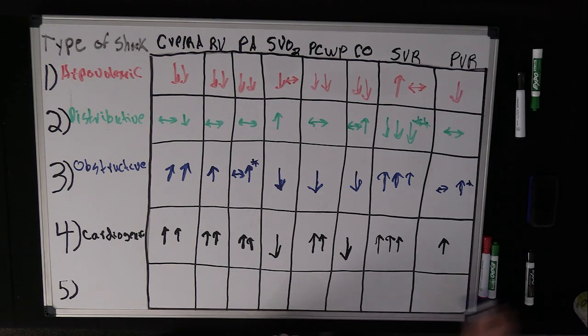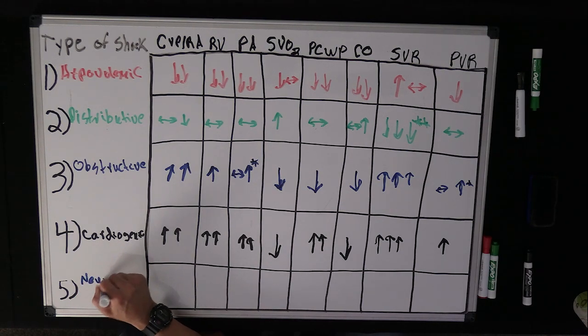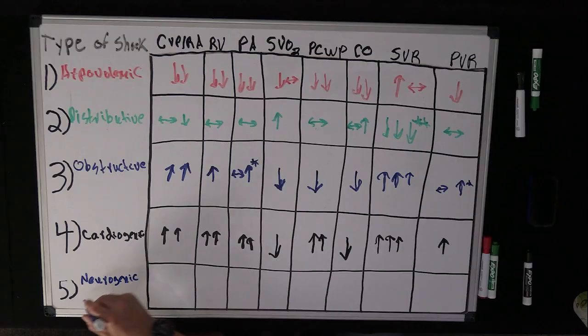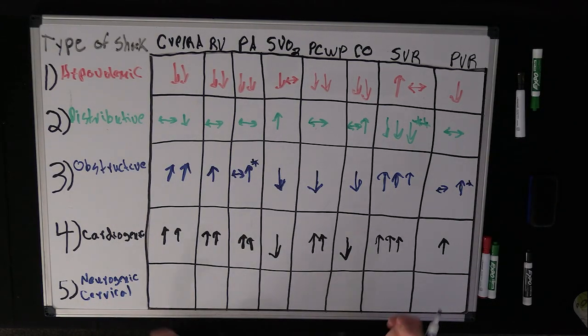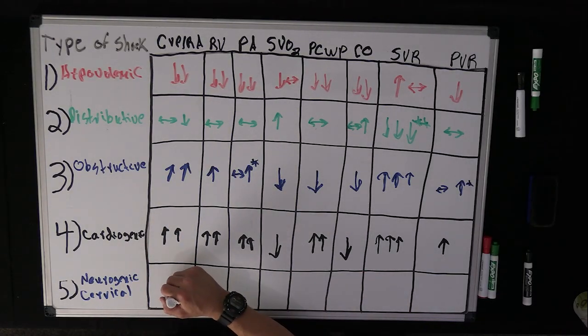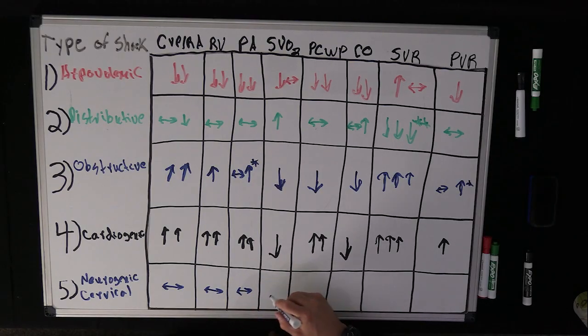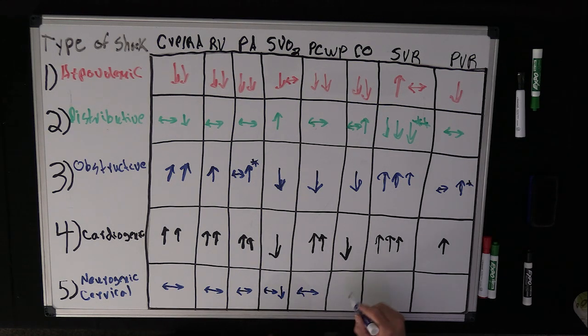And then, like I said, kind of the mix between all of them is that neurogenic, cervical type shock. And so remember, this is a mix between almost a pseudocardiogenic and a distributive. And so typically though, in these patients, they have normal CVPs, they have normal right-sided pressures, normal PA pressures. Your SVO2 may be normal to low, and I'll explain why. Your wedge pressure is typically normal, and your cardiac output, however, is lower because you typically have a lower heart